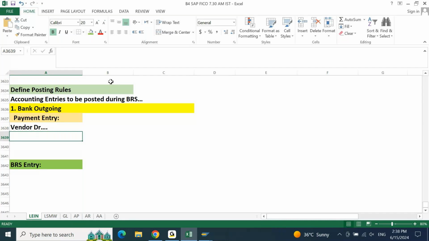Don't look at why it is vendor, why not; you can put any debit, because at the end of the day you are concerned about BRS, which is all related to bank transactions. Focus on where your bank account is going on debit and on credit. Don't look at why the offsetting is this, why not this. It can be any offsetting account, and it will be your bank